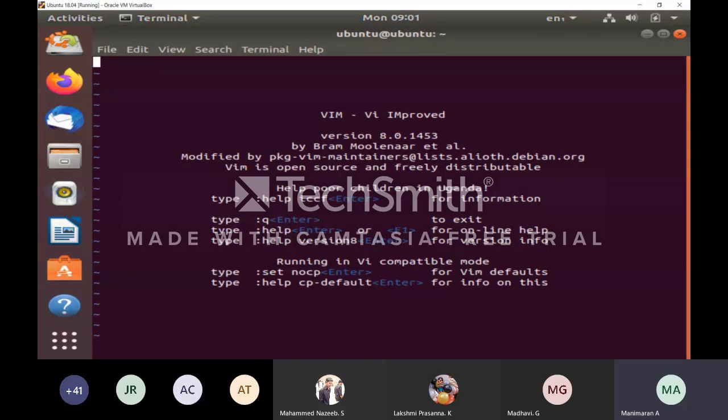Many commands are there. If we want to move up, down, left, right, or we have to delete, copy, paste, replace, likewise so many commands are there. If we want to use all those commands, we have to use them in command mode only. By default, it is in command mode. Otherwise, if you are typing your program or your text file and you want to type any command, then what you have to do? First, you have to come out from the text mode or insert mode. So how can you come out from the insert mode? Just press the escape key.